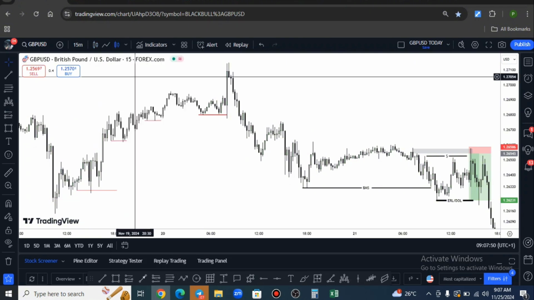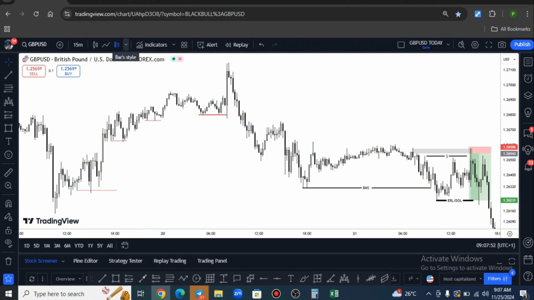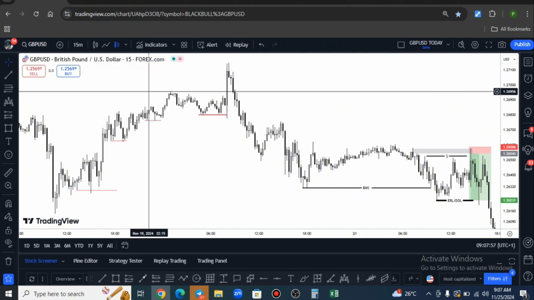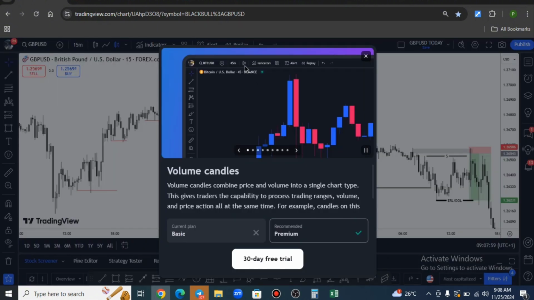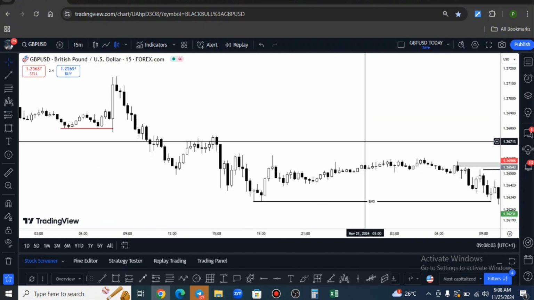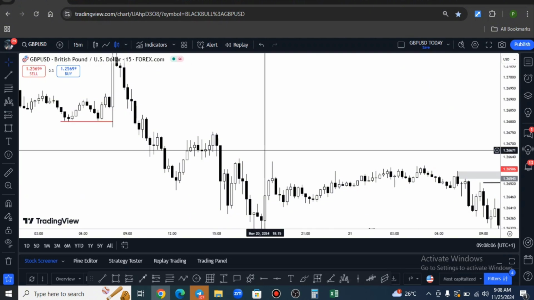Sometimes there's what's it called, Heikin Ashi, or hollow candles. There's the one they call volume candles. Come, let me show you. This one is a paid version. Volume candles is a paid version. This is hollow. This is how the hollow candle looks. So I'm going to